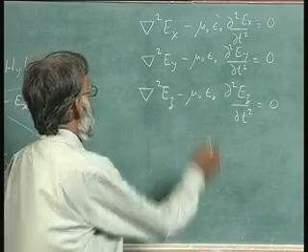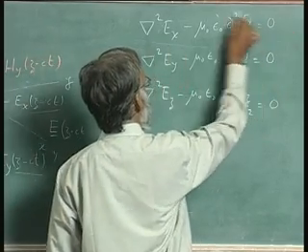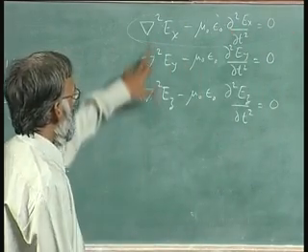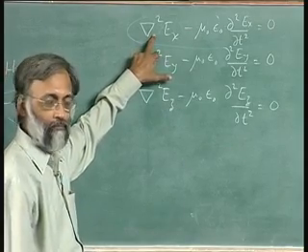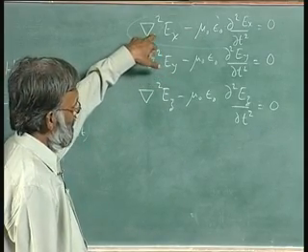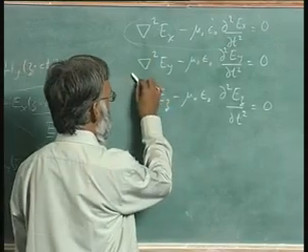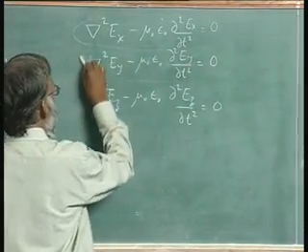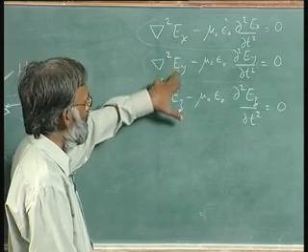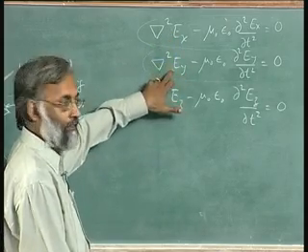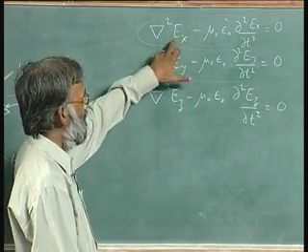and in fact I can see a very familiar equation here now. If only I could get rid of the x and y dependence, I have gone back to the 1D problem. And I have this equation which is now telling me that the y component of the electric field obeys the same equation as the x component, and in fact the z component obeys the same equation as well.